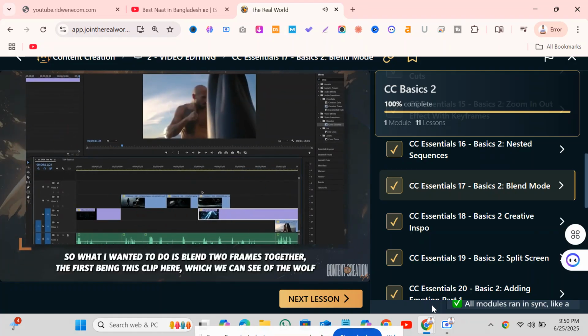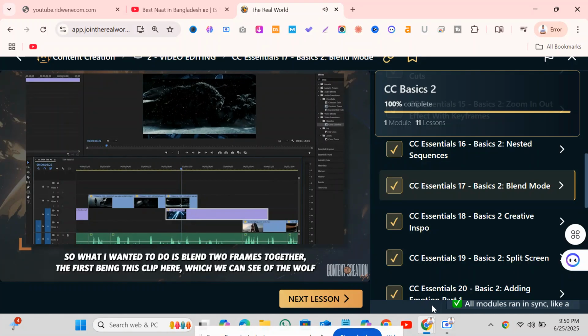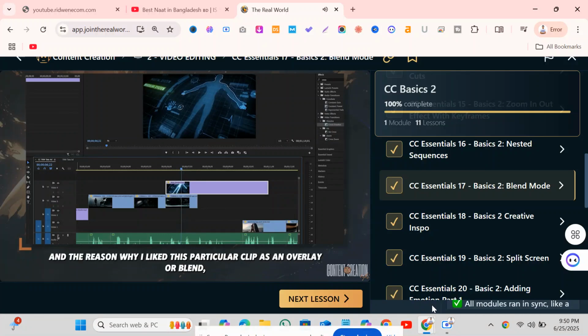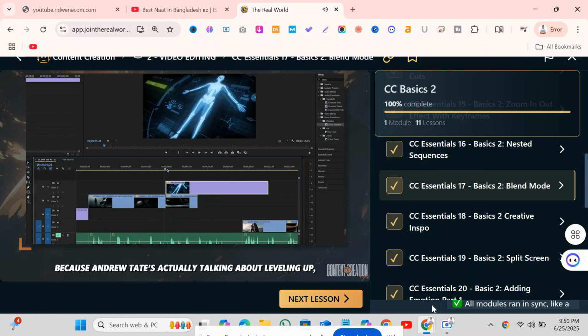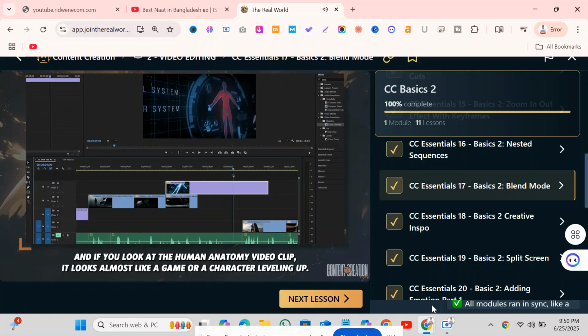So what I want to do is blend two frames together. The first being this clip here, which we can see of the wolf. And to do that, I need to ensure that my overlay footage or human anatomy footage is above the clip I want to blend it with. The reason why I like this particular clip as an overlay or blend is because Andrew Tate's actually talking about leveling up. And if you look at the human anatomy video clip, it looks almost like a game or a